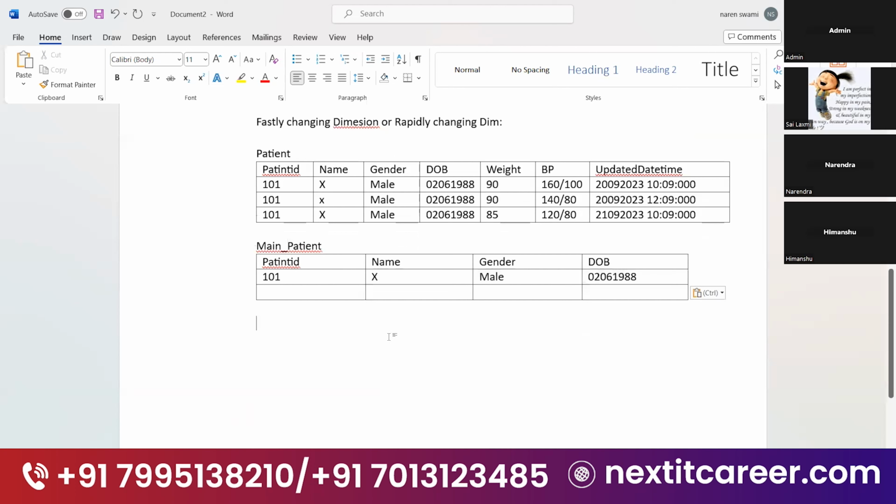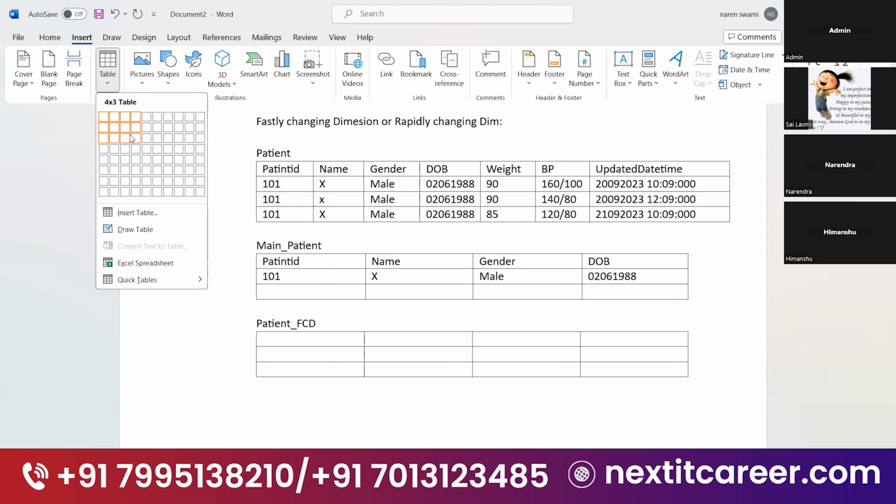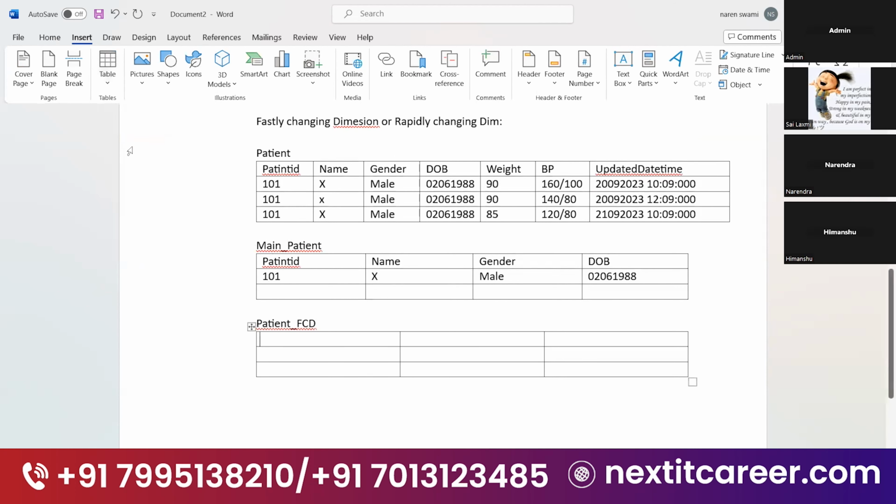Okay. Then after that, for these two columns, weight and BP, I am going to make a fast changing dimension. That is also known as a patient fast changing dimension, just like I have written. Here we have three columns. One, two are the weight and the BP, right? So where we can see the